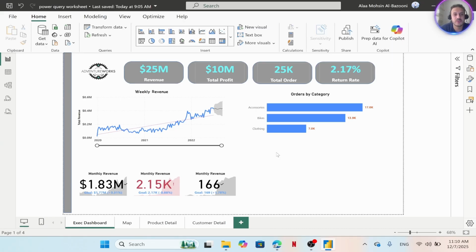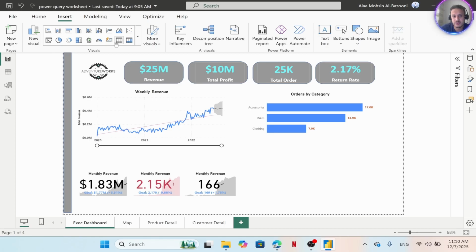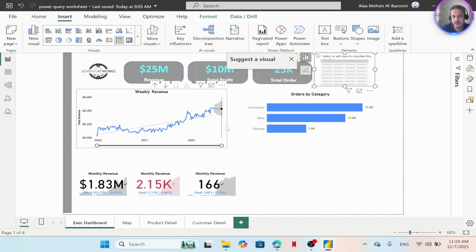Hello everyone, welcome to Power BI desktop tutorial. In this lecture, I'm going to show you how to insert a table, and then we'll convert this table into matrix visuals. Go click on the tables,